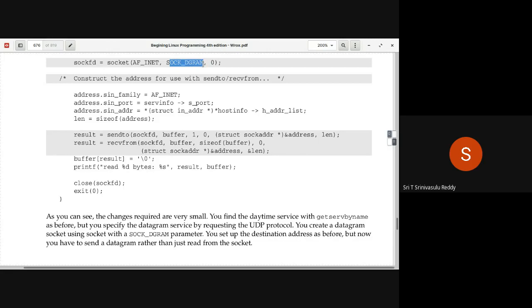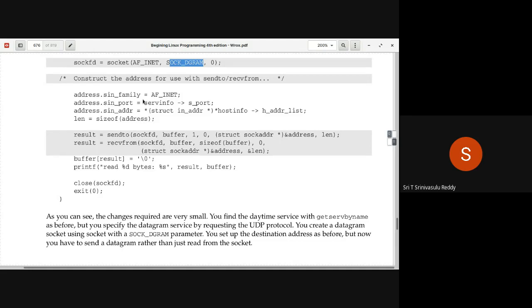Earlier it was SOCK_STREAM. Now it is SOCK_DGRAM, datagram. So for datagram-based sockets, you have to use the second parameter as SOCK_DGRAM. Third parameter as usual 0. Right? This is the only difference as far as socket creation is concerned.